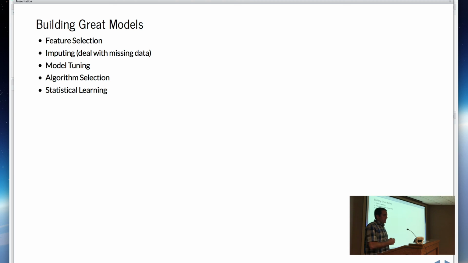So we barely scratched the surface of most of the things that you actually do to build really good models, right? We built a bunch of toy models and simple things there. Talking about feature selection or dimensionality reduction, both for getting noise out of your data and also making the compute time quicker, that's pretty key. Dealing with missing data, right? All these data sets that are loaded up are friendly data sets that are not missing values. That is often not going to be the case in the real world, and you have to think about how you're going to deal with that.